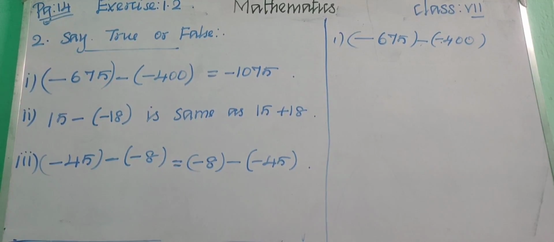So what are the properties of subtraction? Subtraction of integers is closed, right? We can say the subtraction of integers is closed, and the commutative property does not hold in subtraction of integers, and also associativity does not hold. That is what we learned in the previous class, right? And I had also given the first exercise as homework. In exercise 1.2 I had given the first fill in the blanks as your yesterday's homework.